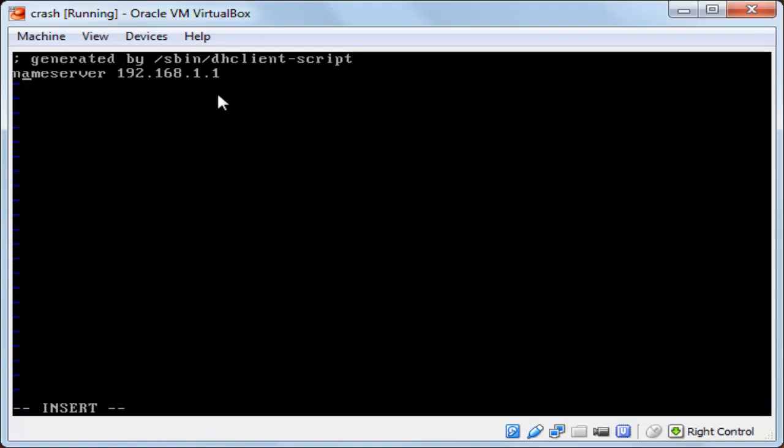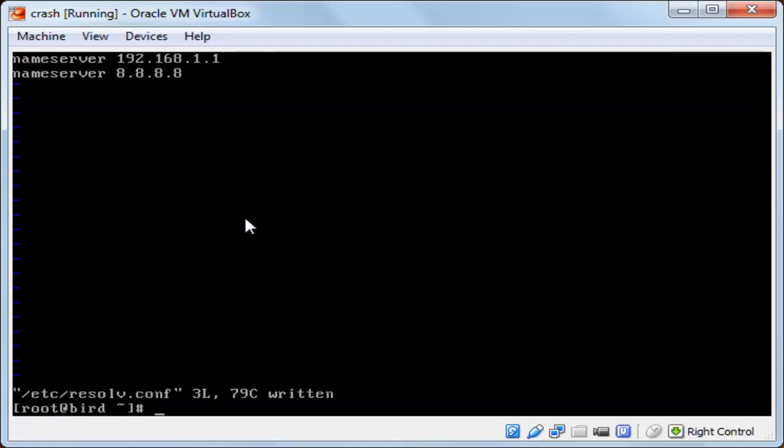I'll get into the insert mode by I, and then I will go to the end of this line, press enter, and add another name server, and then I will type 8.8.8.8, and this here is the public DNS of google.com, and escape, two dots, then WQ,